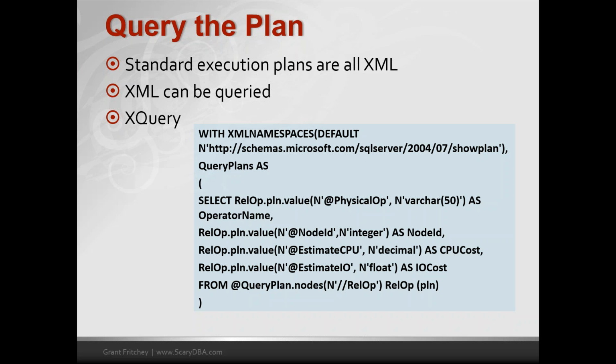My blog, scarydba.com, has a whole series of demos, and we could definitely put those together and run those. This is a great way to pull information out of really big execution plans. So if you've got big execution plans, you don't necessarily want to browse through the browser. Instead, you can run against these other